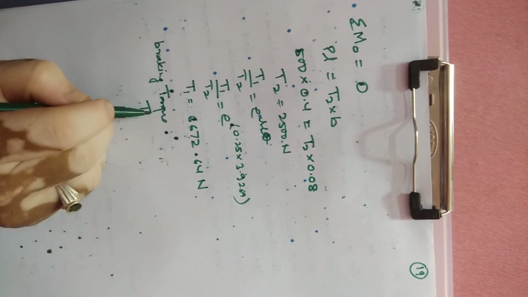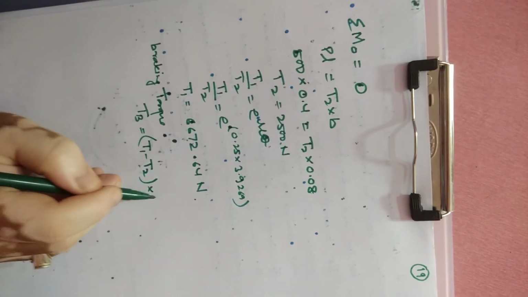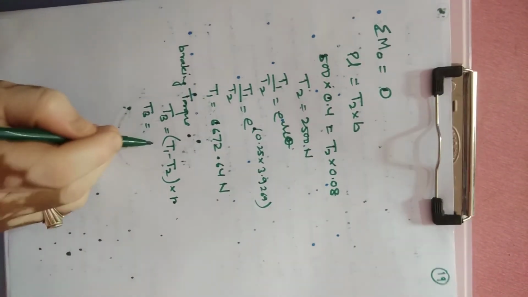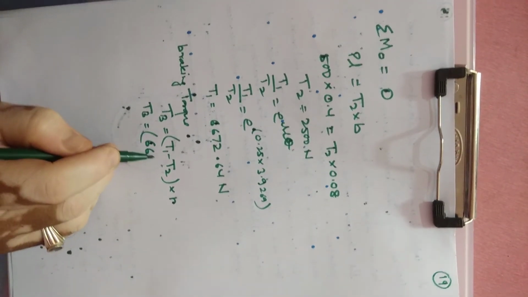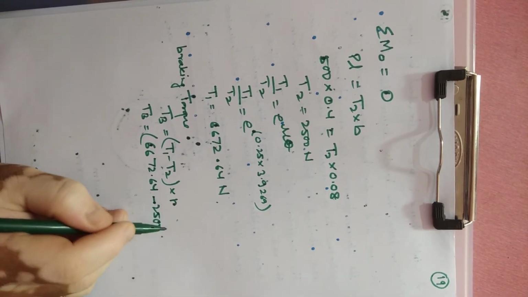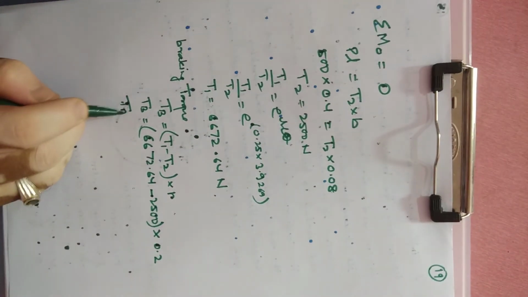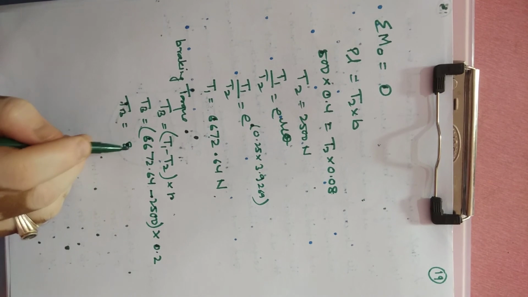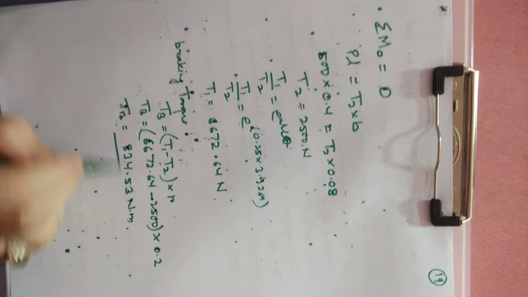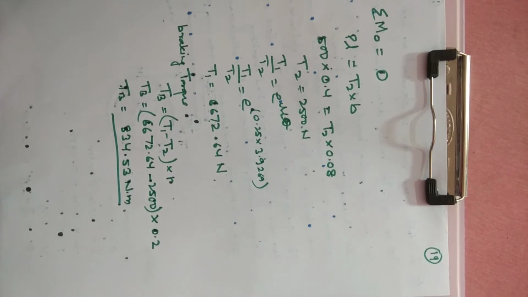The braking torque TB will be T1 minus T2 into R, from the simple band brake expression. Now TB is 6672.64 minus 2500 into radius, that is 0.2, and when we calculate TB we will find that it is 34.53 Newton meter. So this is our answer for the band brake. So thank you very much.